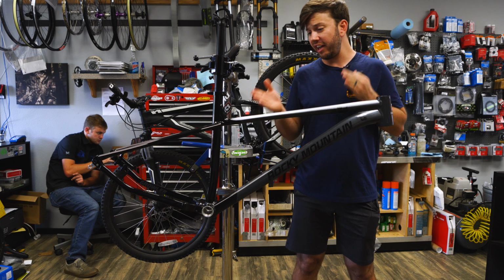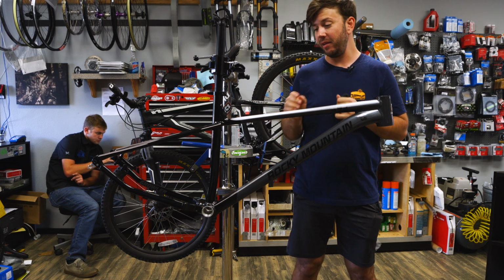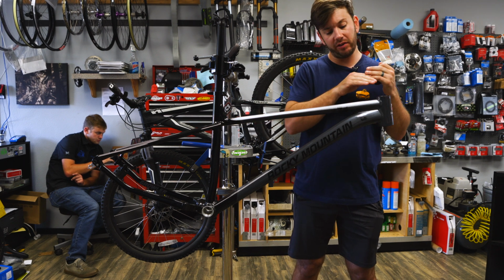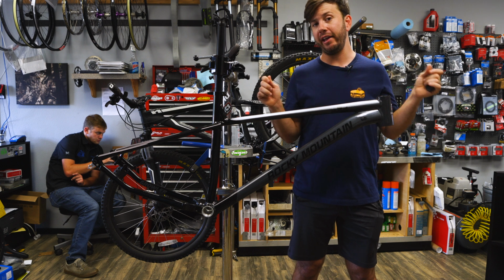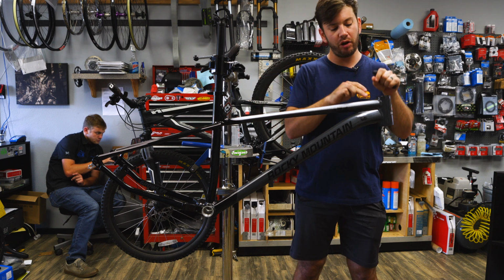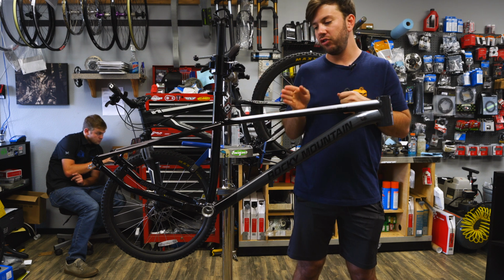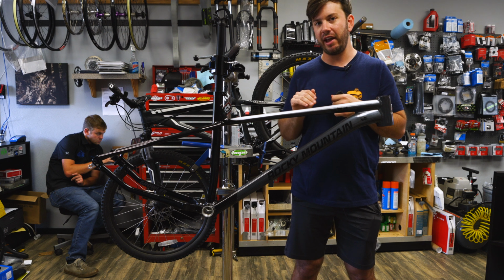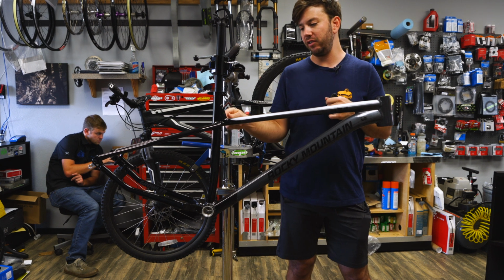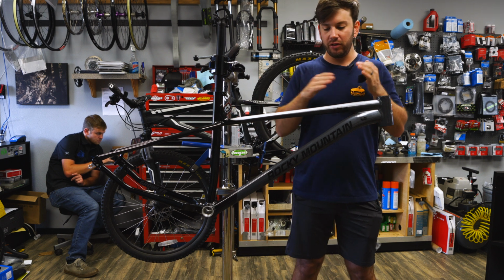So now that you got it stuck to the top tube, one thing you may have noticed in that quick sped up clip is that I actually had to trim the end of this. That happens sometimes because when you have the paper backing on the tape, it actually keeps it from stretching, and when you put it on, you actually are going to stretch it a little bit further than where you measured. So you can easily just trim off that excess, and you want to get the front stuck and the back stuck to the frame, and make sure that you've got it nice and tensioned out